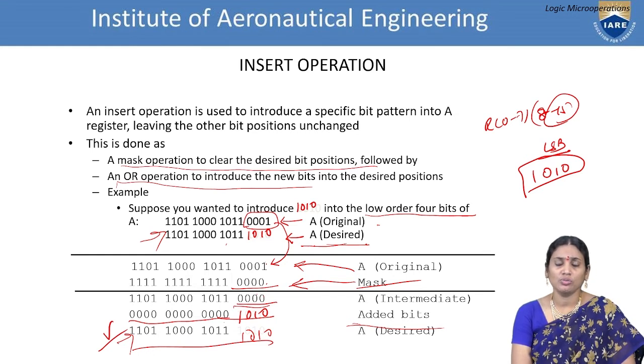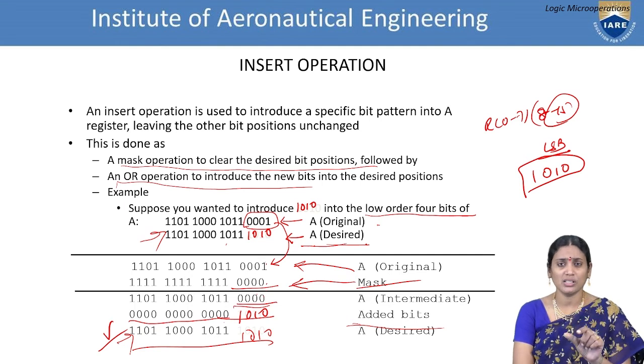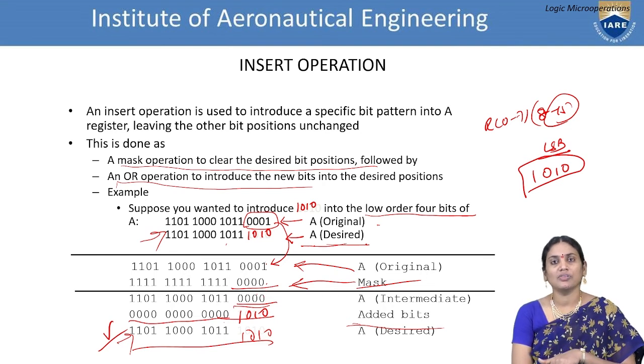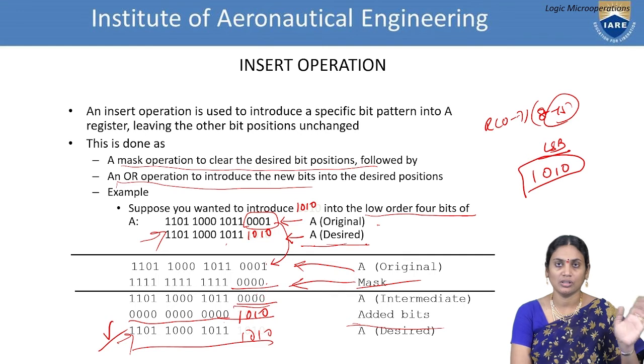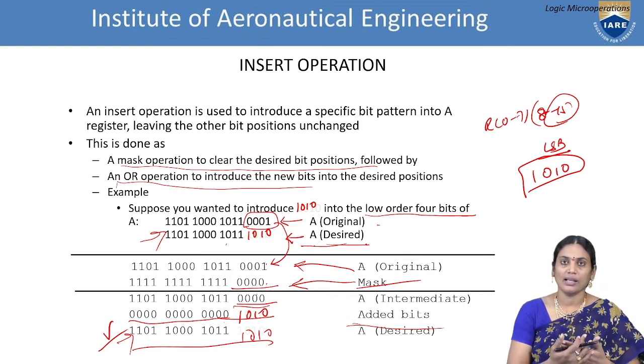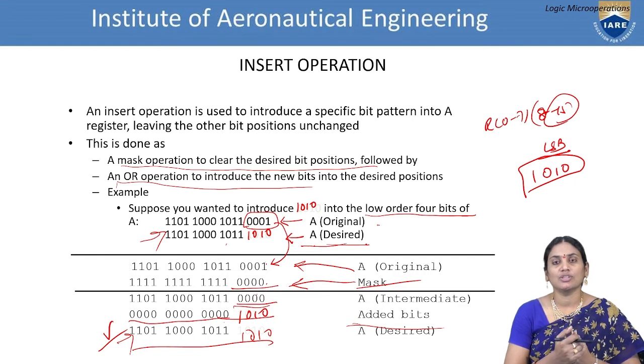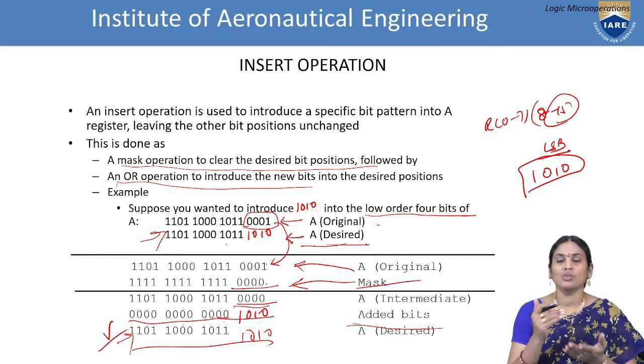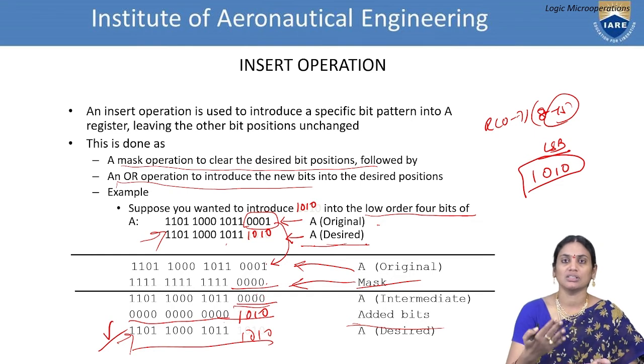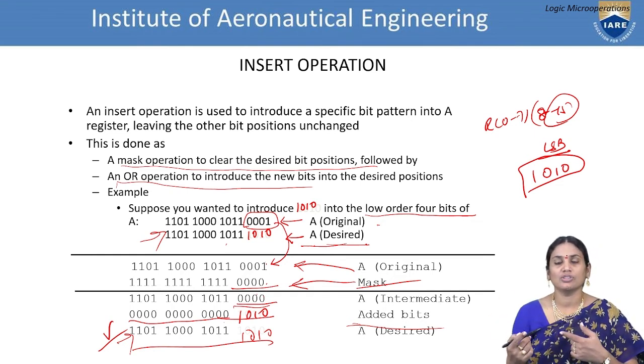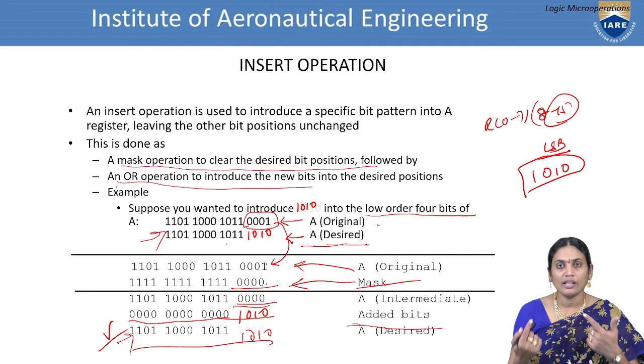You have taken the original value and considered only the last 4 bits, and you have first tried to replace them by clearing them. After that, you have added a new value, that is 1010. Now, if you want to add a new value, what about all the rest of the bits which are already available? Those have to be operated on again. Because of this, we need to consider appending the new value to the existing value with the help of zeros insertion in the previous bits. And you perform the OR operation on that so that your final result, the desired adding of bits, will be achieved. So in this way you are performing the operation.